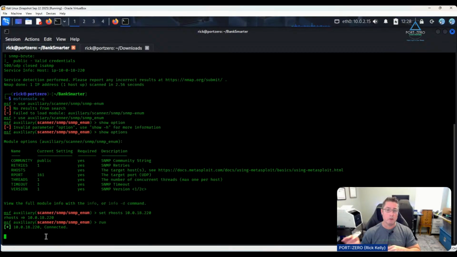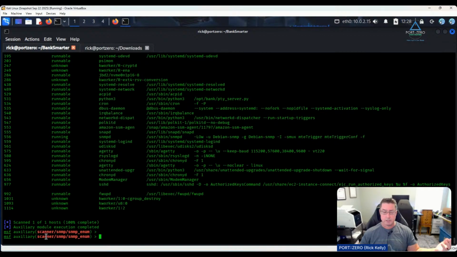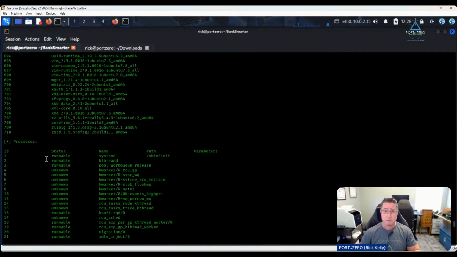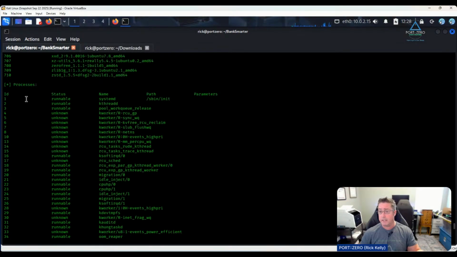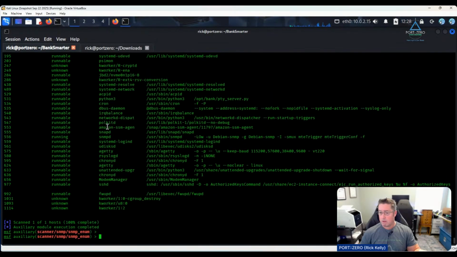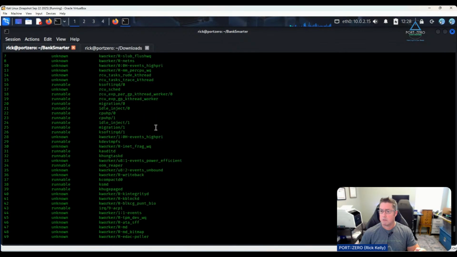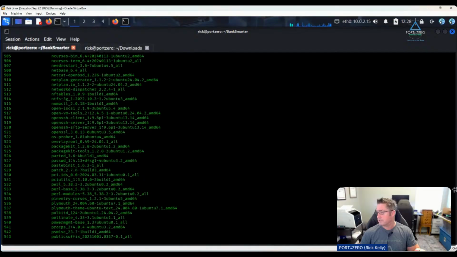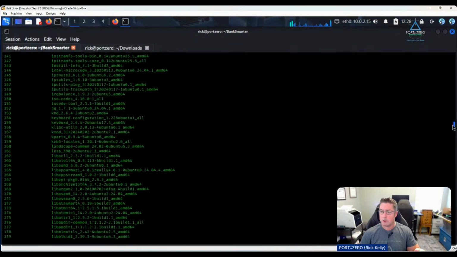So this is going to the target machine, going to port 161, and it's extracting a lot of the stuff that we are possibly looking for. As you can see, it's pulling all different processes, process IDs, system names. We can skim through all this, look for anything of interest, scroll back up. As you can see, there's a lot of stuff that it pulled, but once we go back to the top,